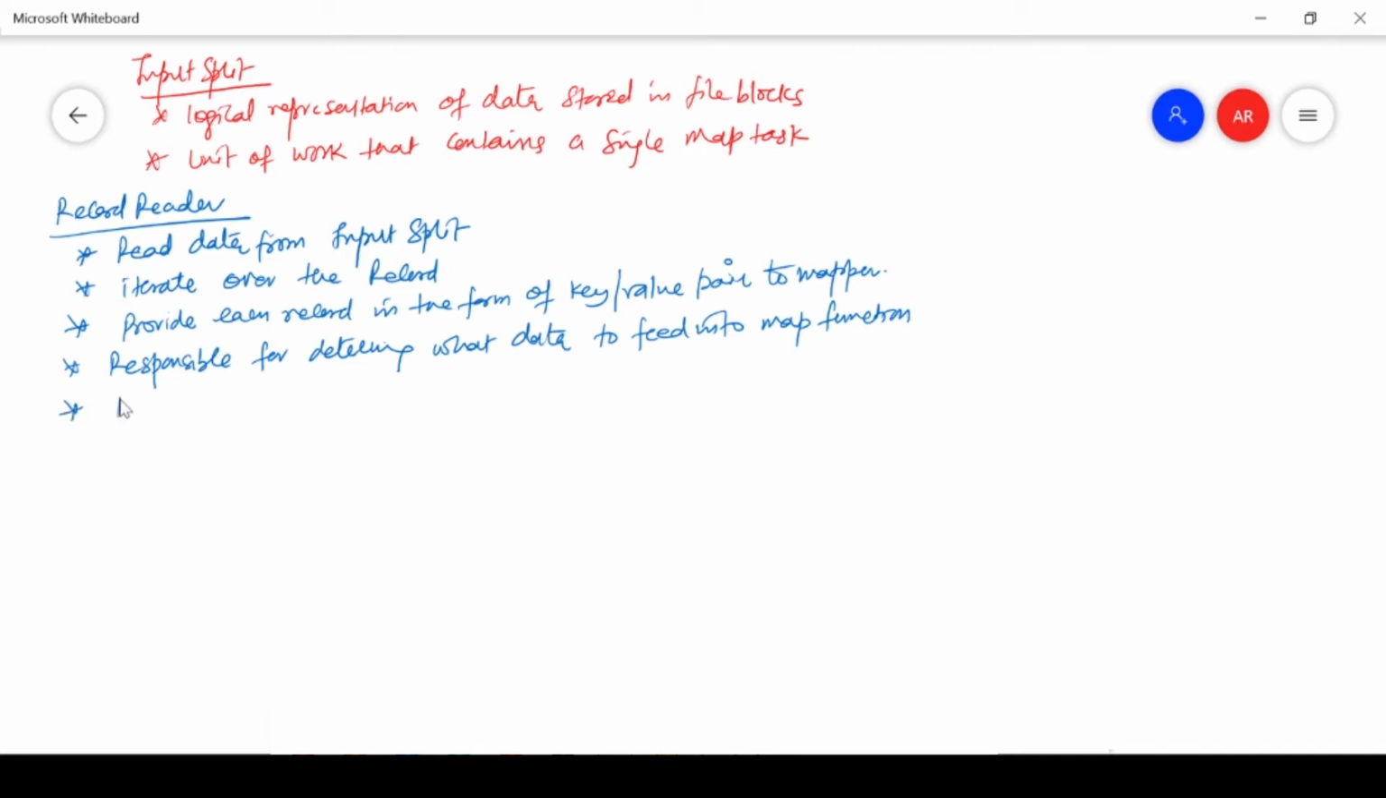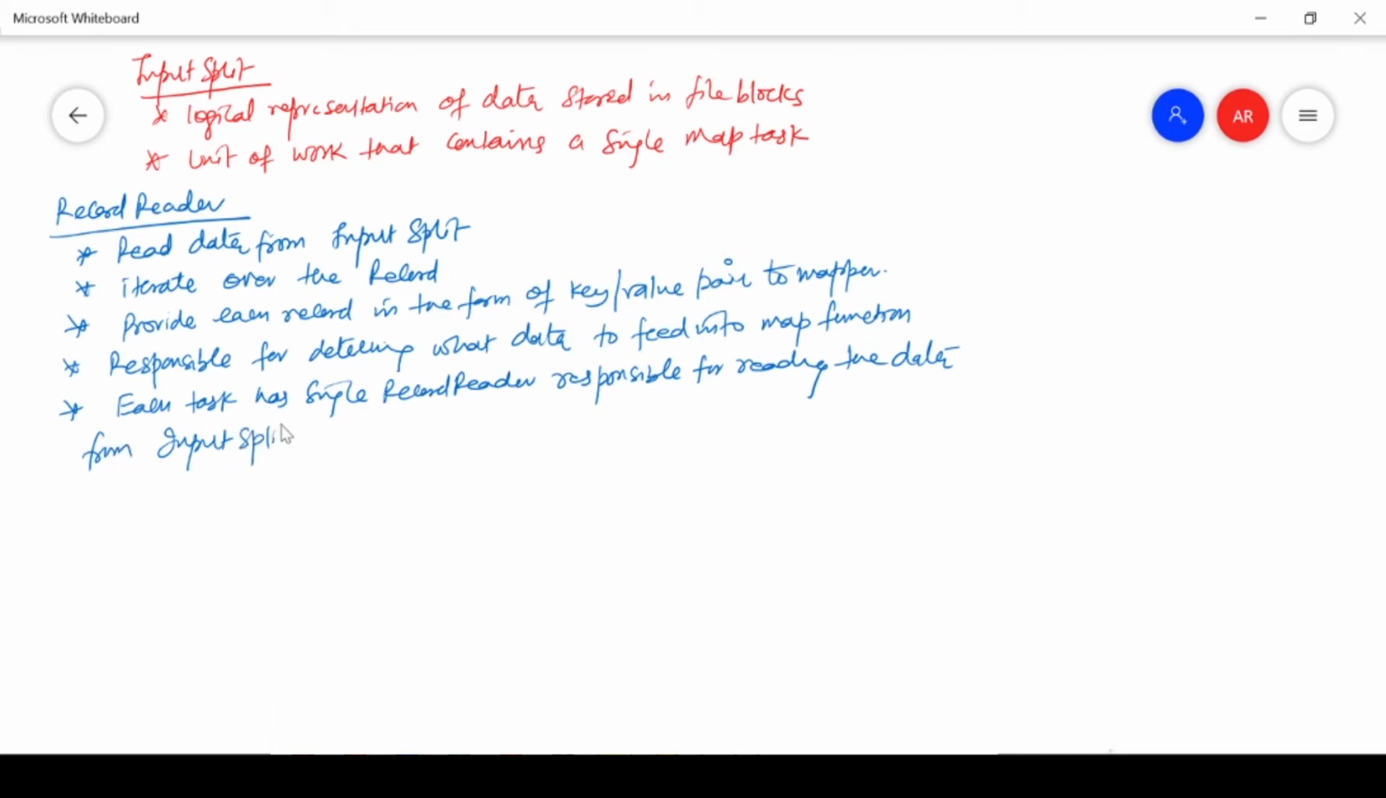And in this, each task has a single record reader, which is responsible for reading the data from the input split. Now, the important thing is that this record reader